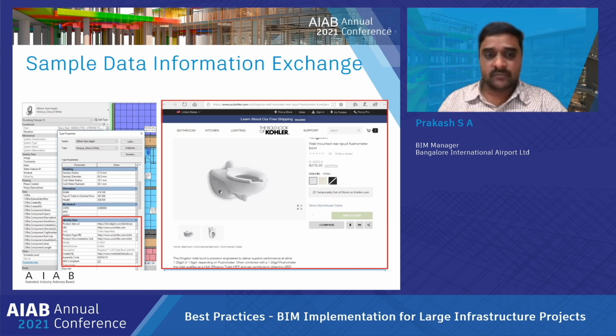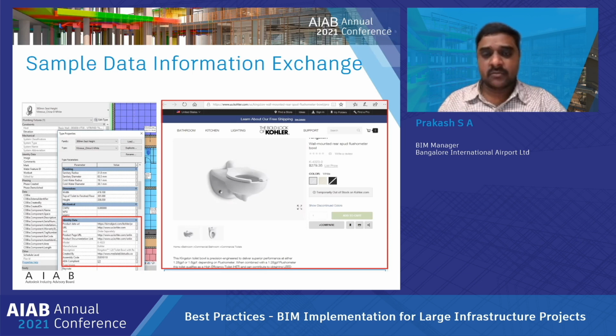We can see that we have the customized parameters, the product URL and the product PDF. When we are doing data mapping with the operations team, this is the information they are looking for from the designs. So all this information we kept in the design stage itself.